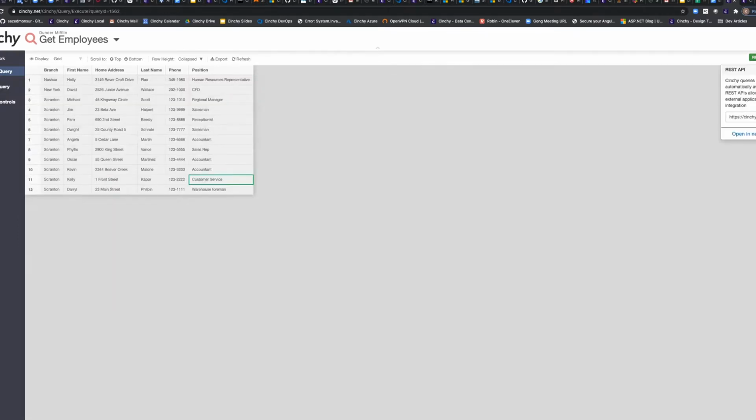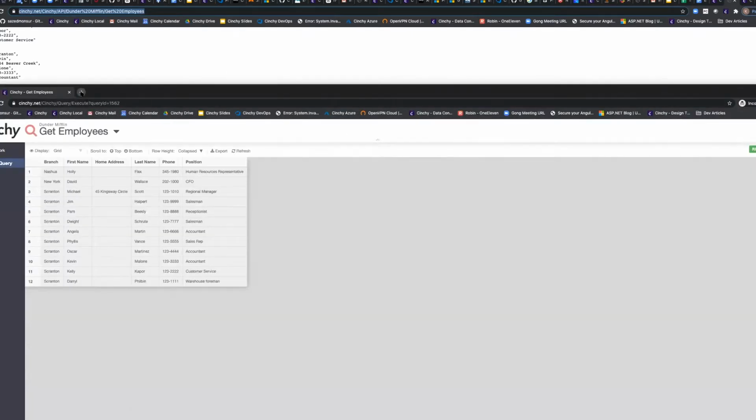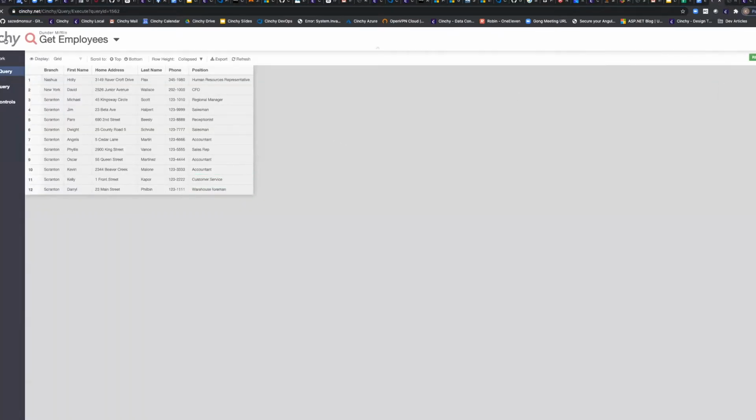Similarly, if I was now hitting that API endpoint that this particular query exposes, where it's returning the result in JSON, I'm seeing that here, me logged in as myself, where I'm an admin, I have access to all data. But if Michael was to run that same API, so I'll just copy that from the other tab. Notice how the values, the third attribute, which happens to be the home address, is actually null for all records except for Michael's own personal record. So that is through the query side of things.